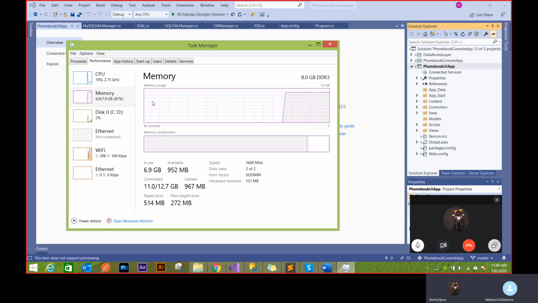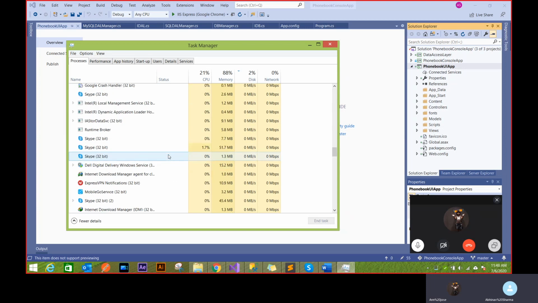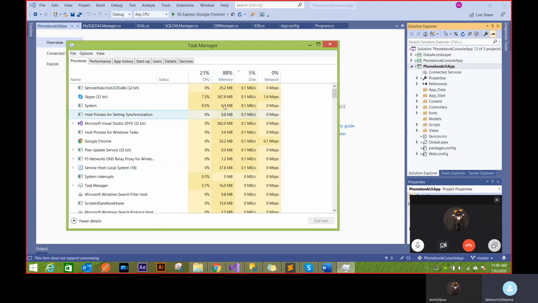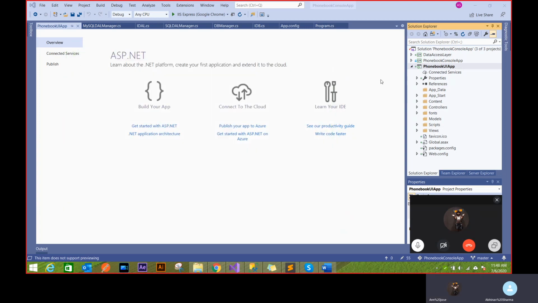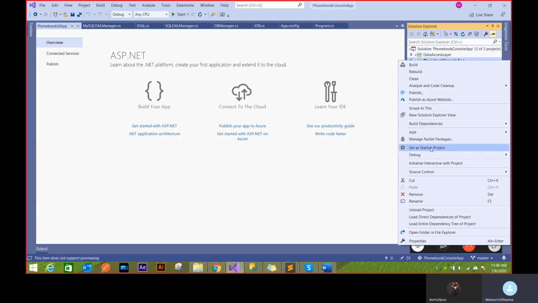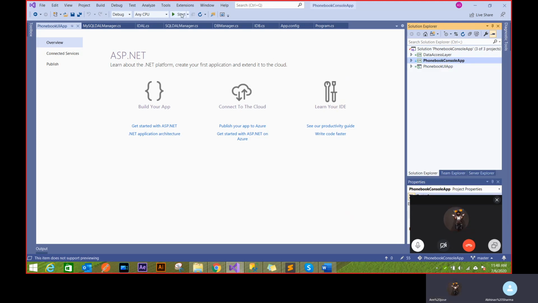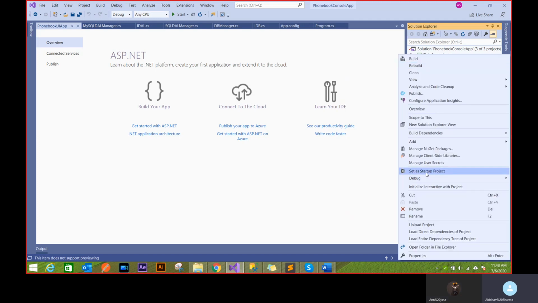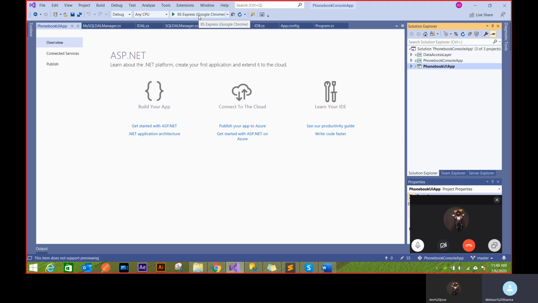So try to free as much memory as you can by closing those applications. You see so many things are running. Try to release as much memory as you can so that Visual Studio can run pretty fast. Okay. Cool. So once I create this UI app, I will have this, and you see it's in bold right now. Whichever application is in bold in your solution, if you press F5, it's going to run that application. If I want to run the console application, I right-click and set as startup project. Now you see the start button changes to that application. If I want to run the UI, I right-click and set as startup project. You see now it's changed to Google Chrome.